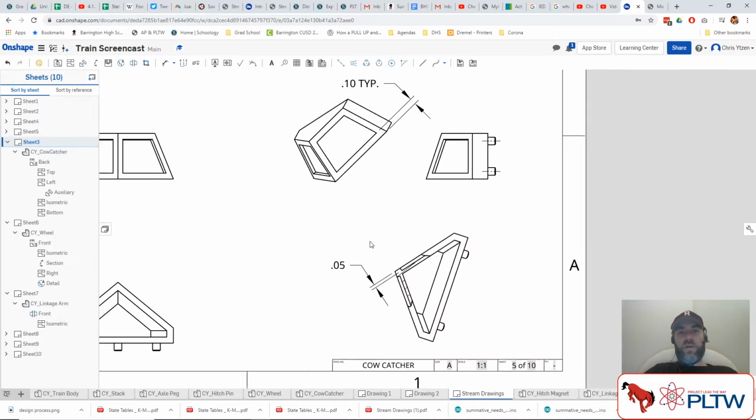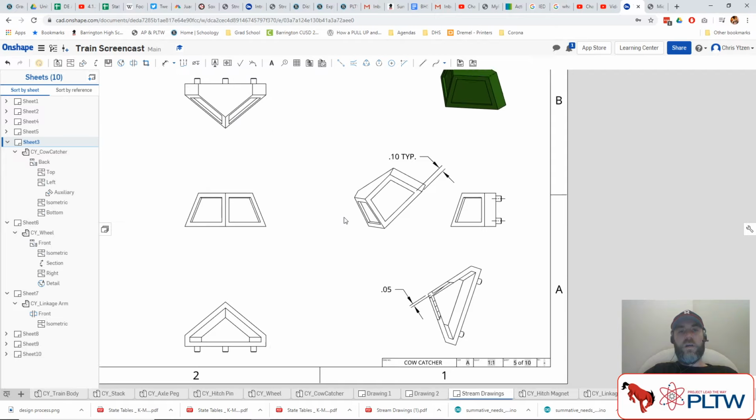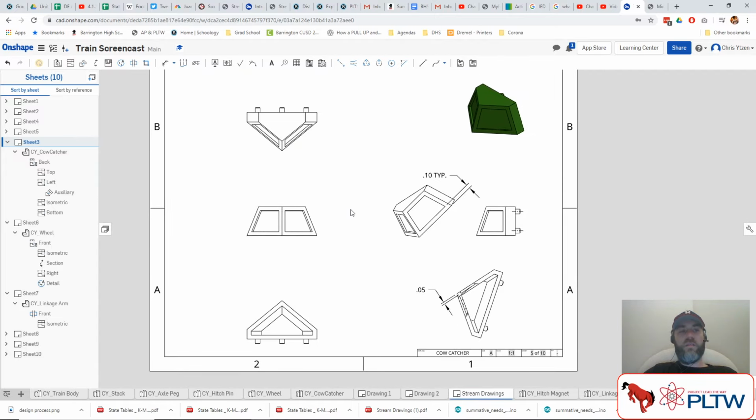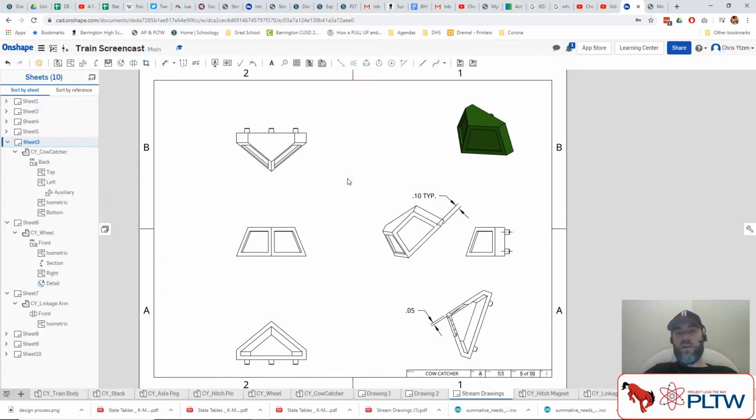So let me see. I said I was going to do the other 2 things, the wheel and the linkage arm, in this video. I'm not. There was plenty to talk about just with those 2 additional auxiliary views and the broken out section here. Make sure you put in all your other dimensions. That was me just